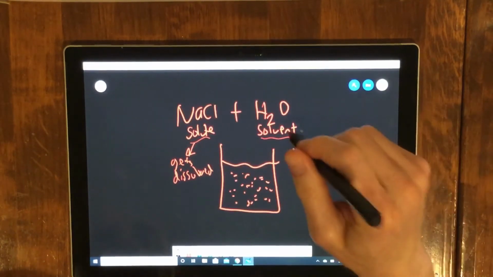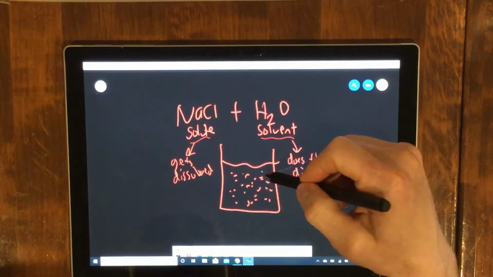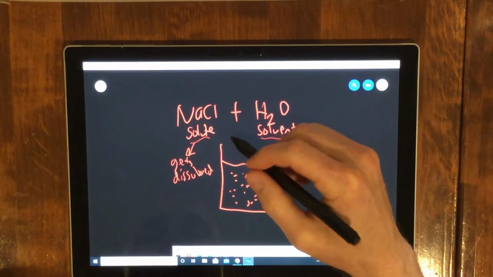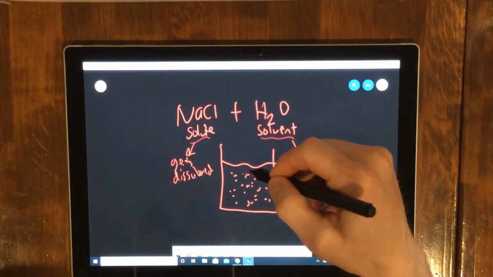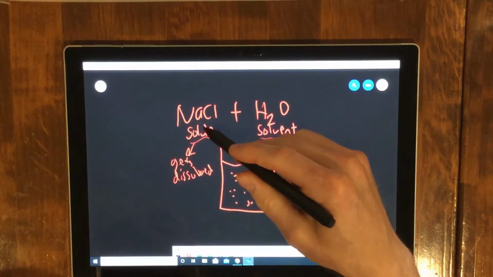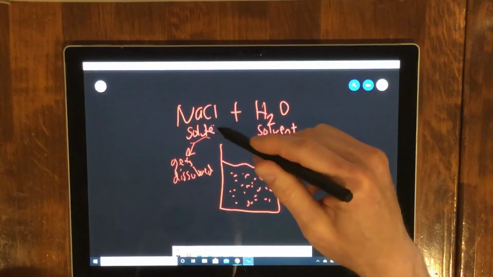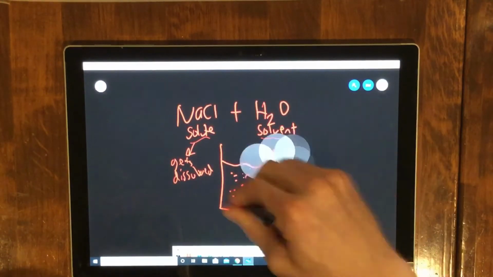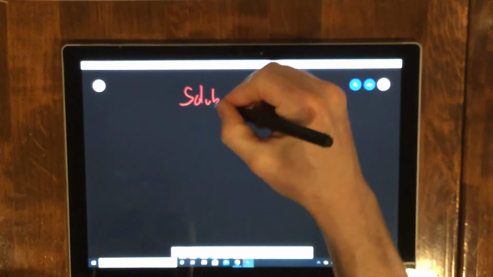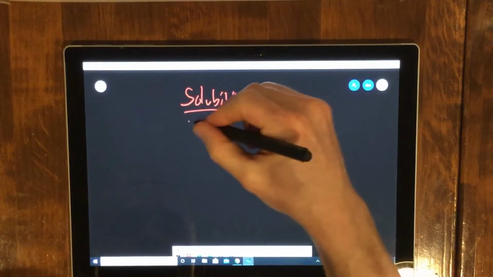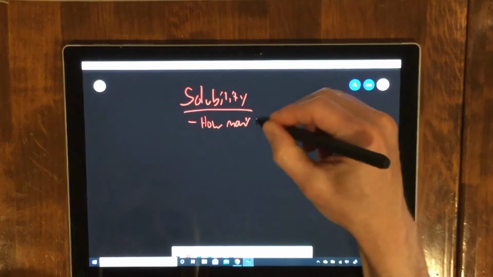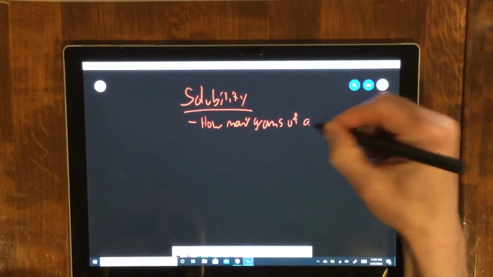All right, and now some solutes you can add way more than others. In other words, maybe you can add 30 grams of salt in 100 milliliters of water. But another solute, like sugar or some other compound, you can't add as much. So the best way to explain that is the word solubility. And basically what that means is how many grams of a solute